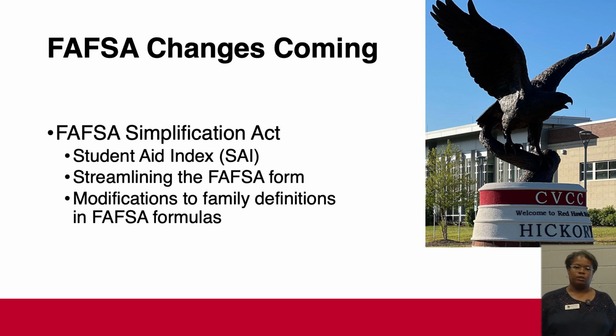Starting with the 23-24 application, you can't submit it in October like it was this past year. They won't release the application until December or early January. I know it gives you a little amount of time when it comes to scholarships for some colleges, but that is what they're doing this year. It may change back, we don't know yet.